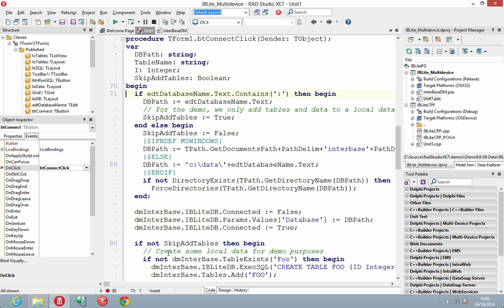So what's the other code we've got here under the button connection? First one, we're just checking to see if the database name that's been entered contains a full colon. If it does, then we know that we're pointing to a specific fixed path, so we'll use that directly. We'll skip adding any tables for the point of this demo because we're connecting to an existing database. If we're connecting to a database locally without a full colon in the path, then we're going to